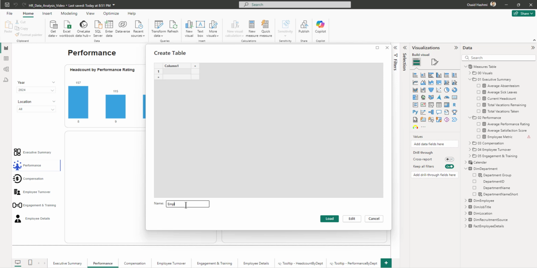This table, we will call it employee metric column. So the first column would be order and the second column would be name. So this is 1, 2, 3, 4, 5. It depends on how many metrics you want to have. We are going to use 5 metrics. The first metric is satisfaction score. The second one is engagement score. The third one is hours per week, overtime, employee exits,